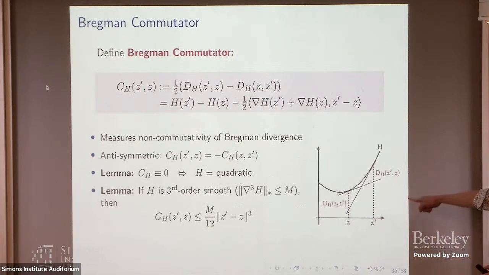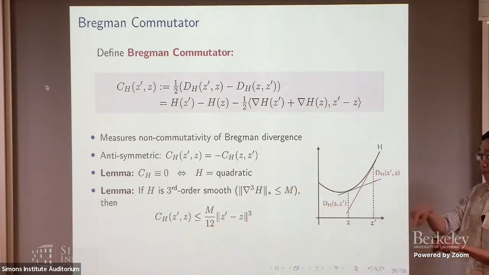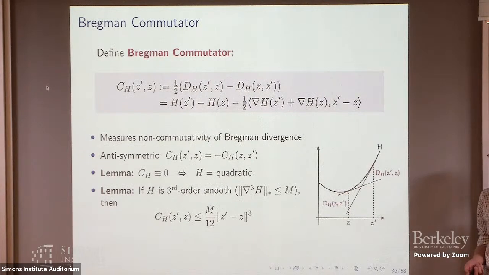There is, it's not this picture. It comes out in the proof of this one, where you can write it as some integral interpolation and so on. Maybe I should also say that this kind of expression also comes up a lot in the sampling literature, for example. If you study Hamiltonian Monte Carlo or Metropolis-adjusted Langevin dynamics, this kind of function comes out in bounding the acceptance probability error. But I don't know if there is a really good geometric interpretation of this.